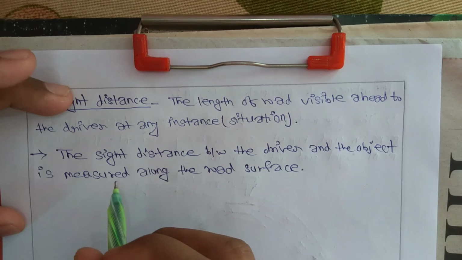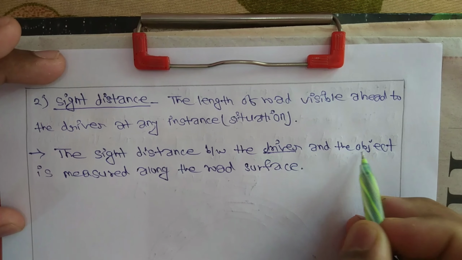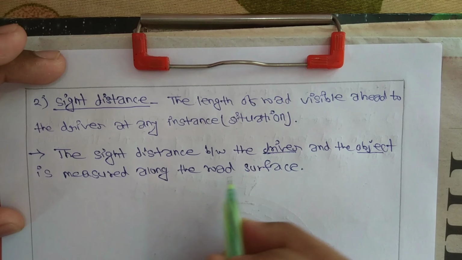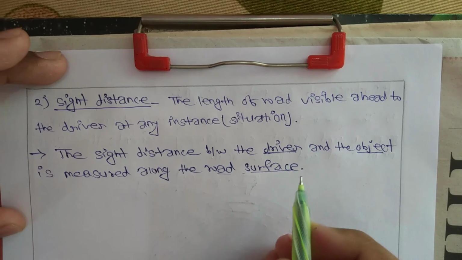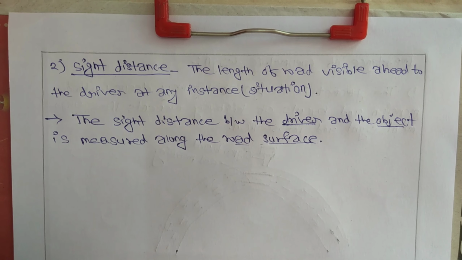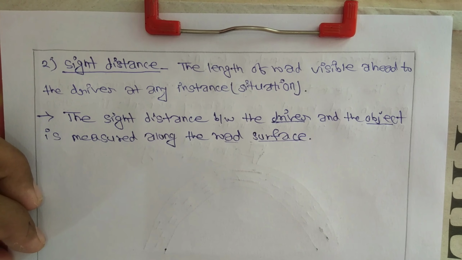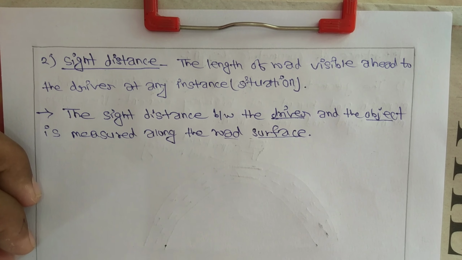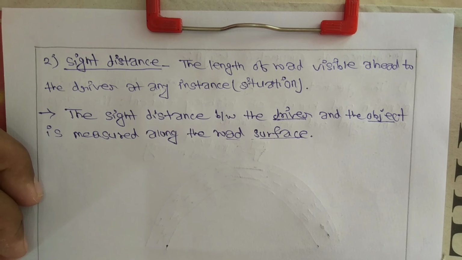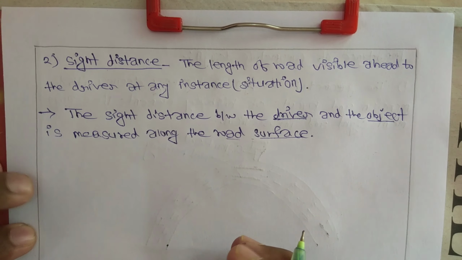the second point about the sight distance is the sight distance between the driver and the object is measured along the road surface. Means the distance between the driver and the object should be measured along the road surface while we are designing the geometric design, the sight distance should be clear. So moving into the third point,